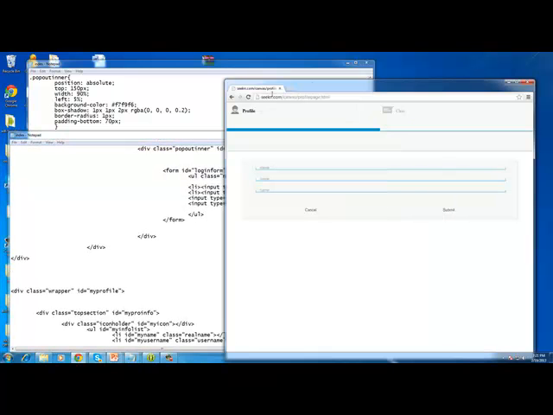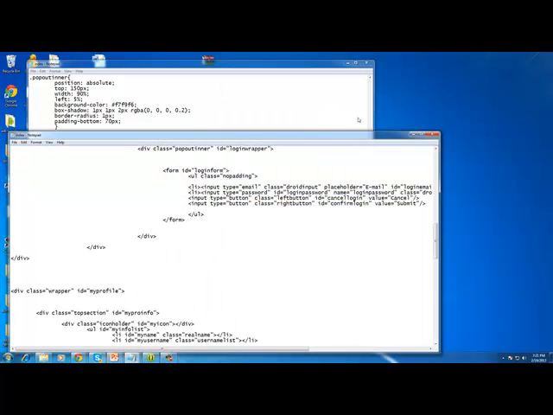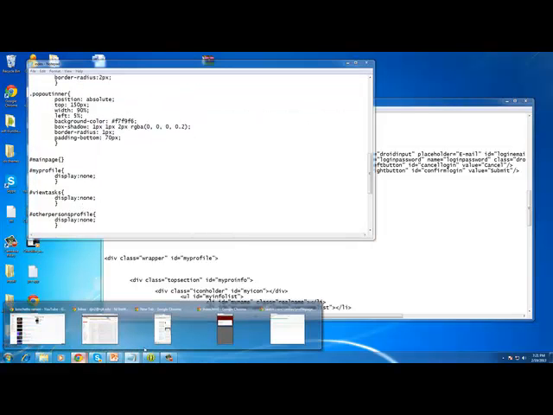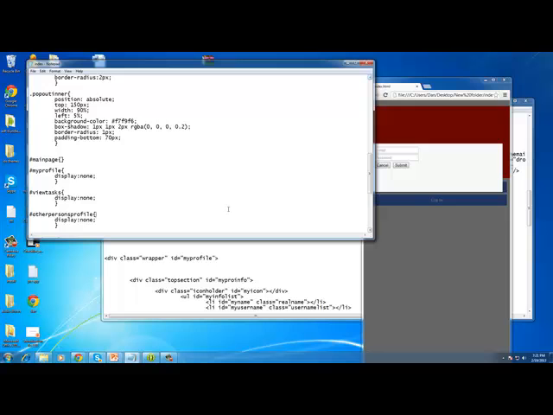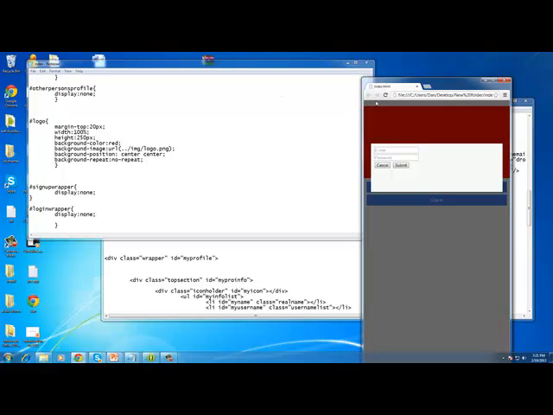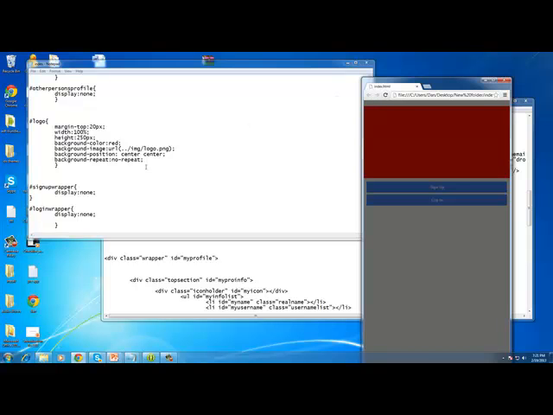Okay. So we're pretty much set with our first screen. What we're going to do is click on sign up login wrapper, display none. Okay, file, save, and we should be left with